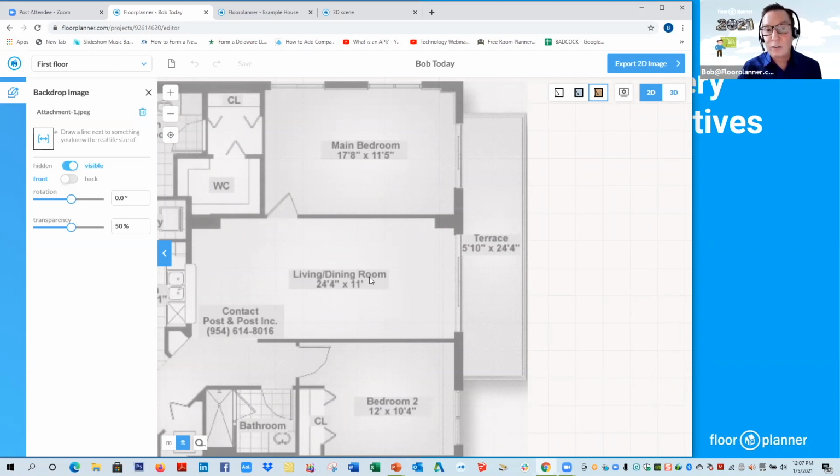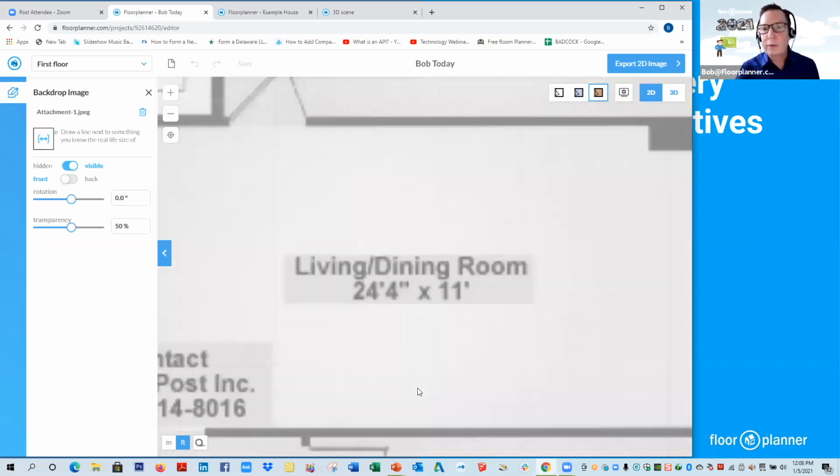So we're going to take this dimension that says 11 feet. From this drywall surface to this drywall surface, it's supposed to be 11 feet. So we can go ahead and say draw a line next to something new to the real life size of, activate that, and we're going to left click a point, an intersection, and left click another point over here and say from this point to this point, that needs to be 11 feet. Type 11 feet, hit enter,